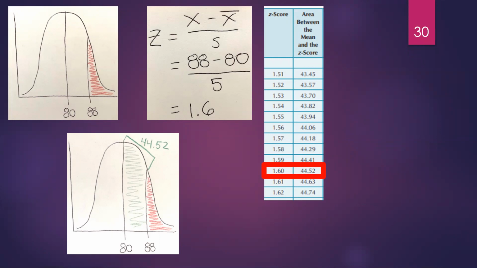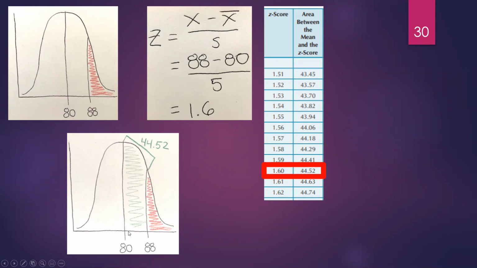Here is where drawing the curves and doing the shadings is so important, because this is the most common error that students make with z-scores. The area that's associated with that z-score is the area that's between the mean and that z-score. It's not necessarily your final answer, right? That's why the shading is so important. So once you get the area under the curve that's associated with that z-score, identify on your image where that area goes, right? Because it's associated with the spot that's between the mean and the z-score, 88 has a z-score of 1.6,